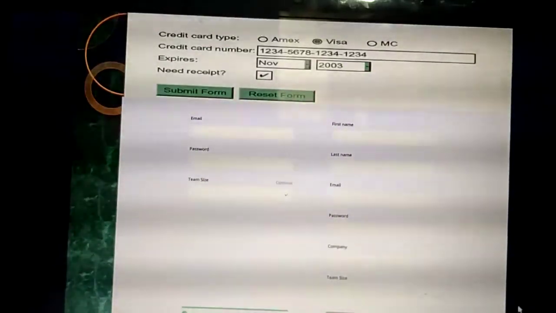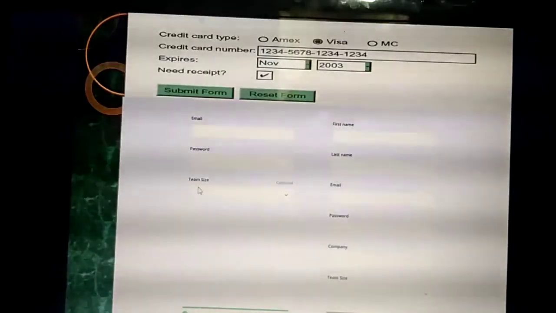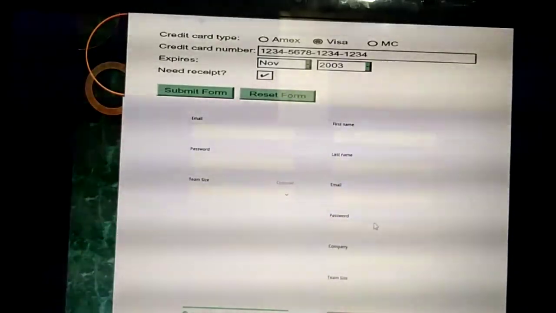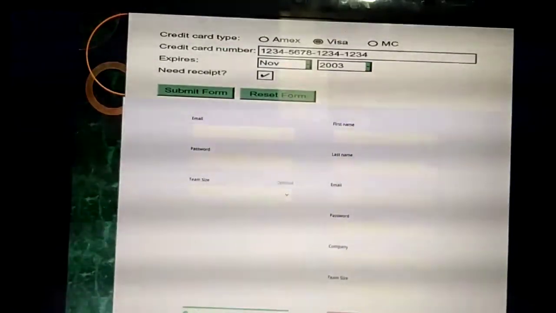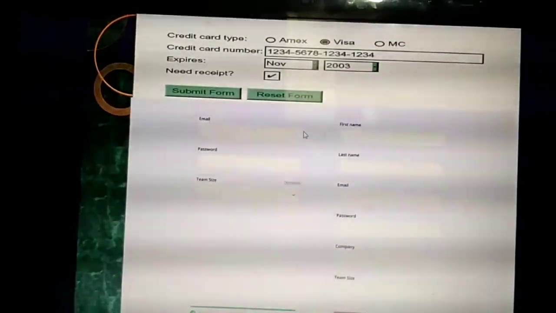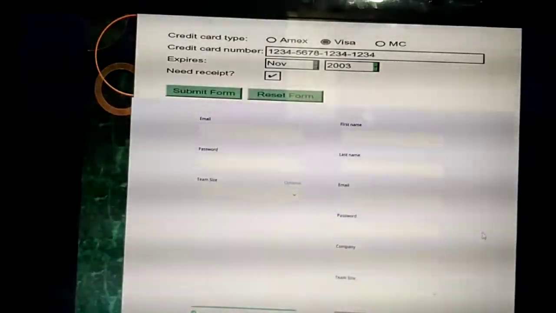So, this is another form. You are going to apply for any mail ID or any form. What do they use? First you should write your name, first name, last name, email, password, company. Likewise, all the details they have entered in this menu itself. Understand? This is called graphical user interface. Understand?